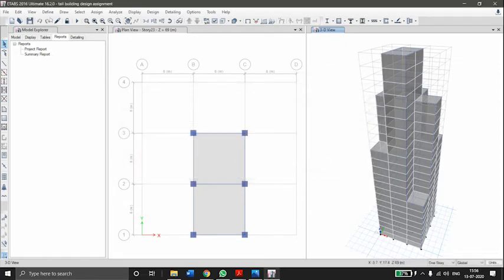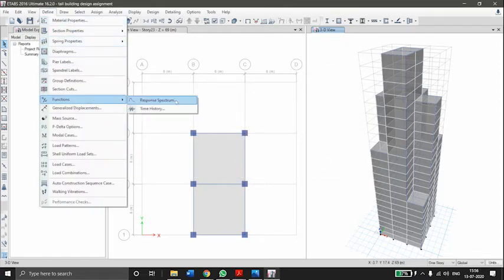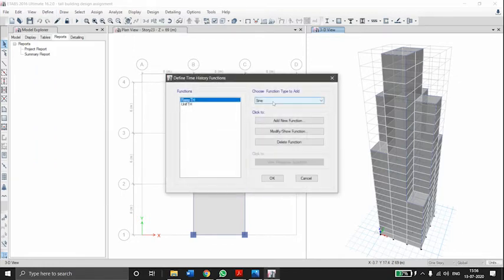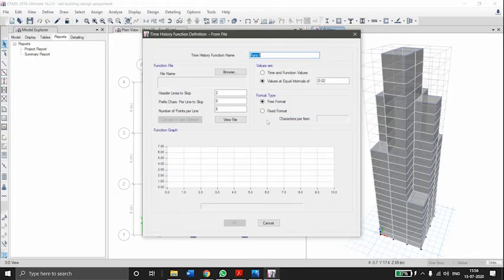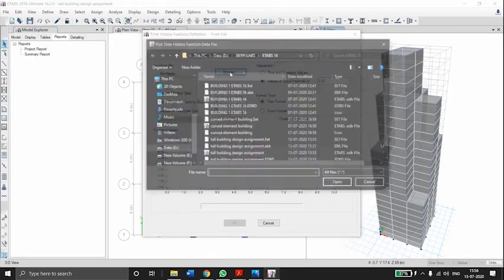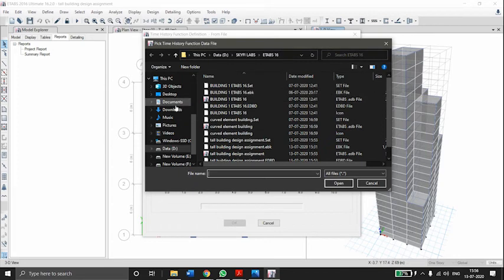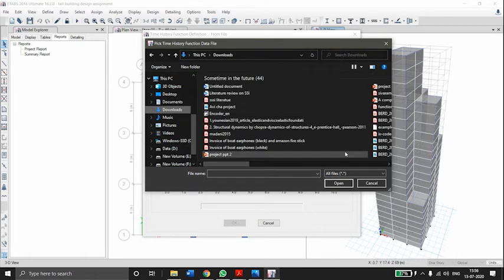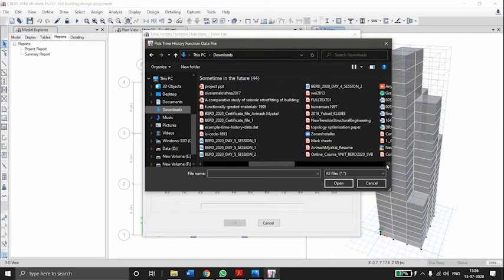then go to define, go to function, go to time history analysis, select from file, as we have data with us for the time history analysis. We are going to use the Bhuj earthquake data. Select add new function, then select browse, select the earthquake data file,